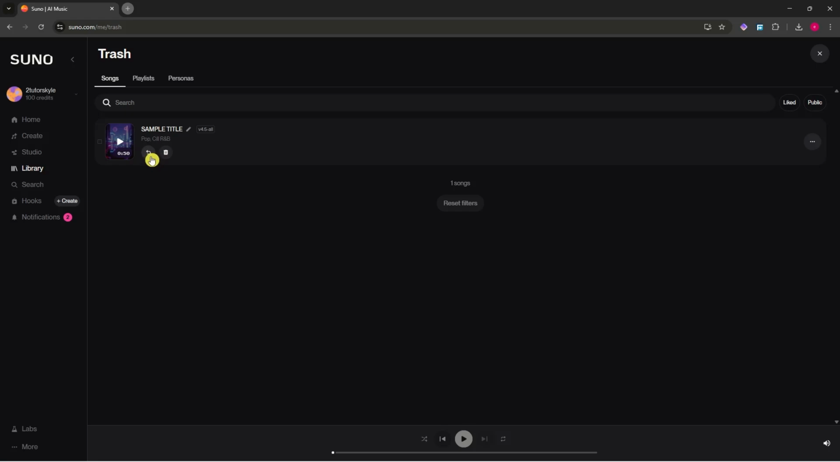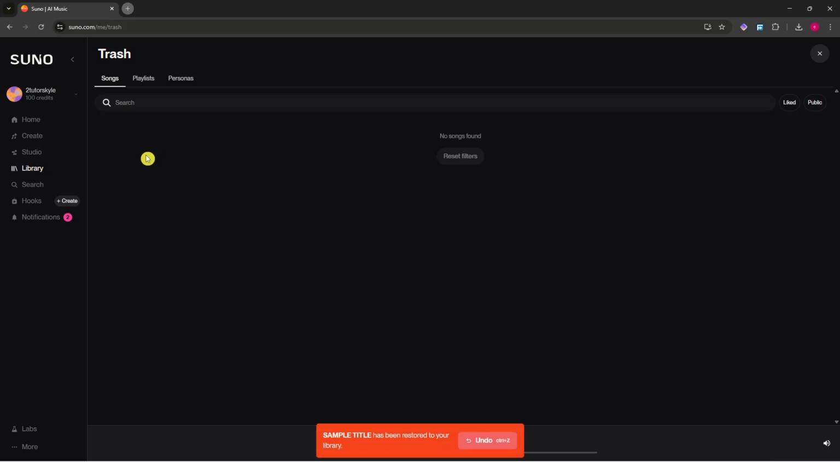So you can click here on this button if you would want to recover it. You can click on the trash button again if you'd want to delete it permanently. Since we would want to recover the deleted songs, we can now click here on this button. So as you can see, it says it has now been restored to your library, and then you should see